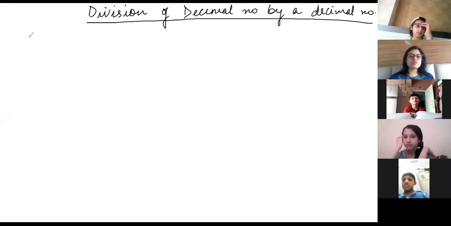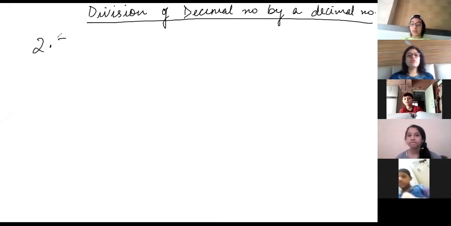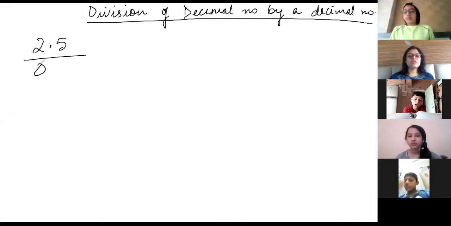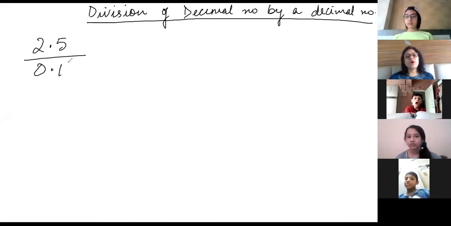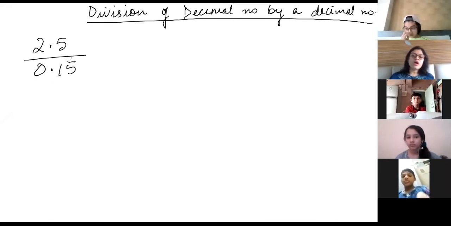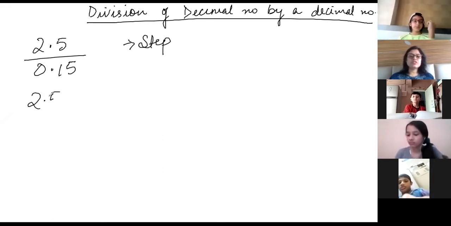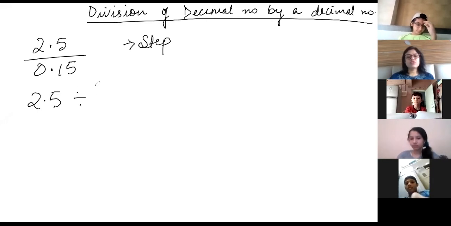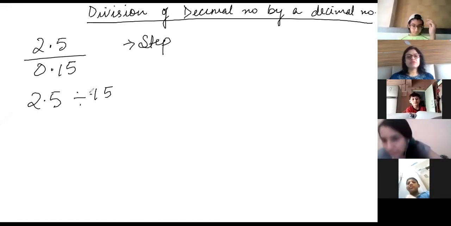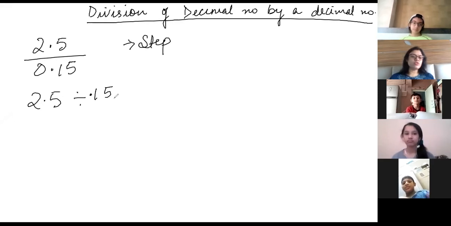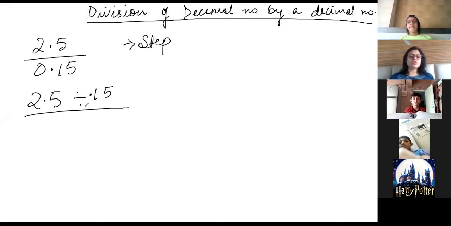So in that you just started with division. Okay, here suppose I have a question 2.5 divided by 0.15. Okay, now my step 1 is, this is your divisor. I'm writing it in this form. Actually, this is 2.5 divided by 0.15. Okay, this is your question. Question is written in this form or in this form also. So this can be written like this in fraction. You know, divisor can be written in the denominator.